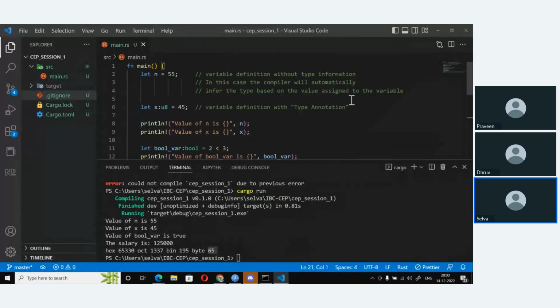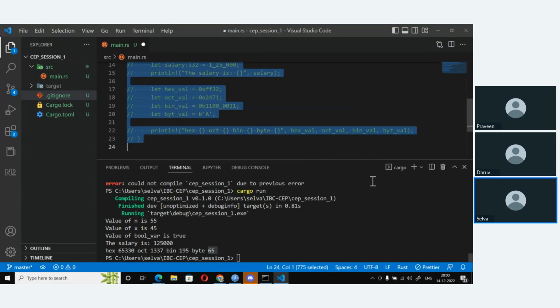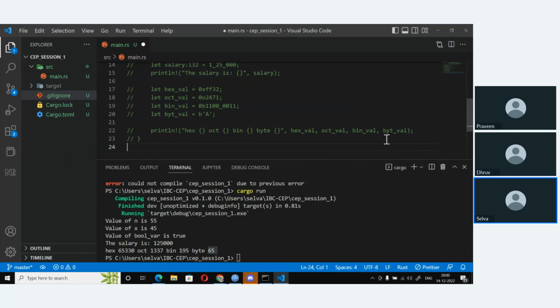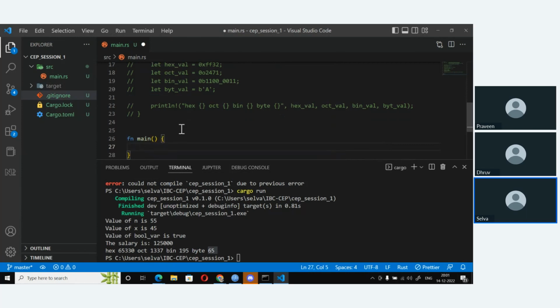I am going to select this entire thing and comment it out because I want to use only one main function. Or I could use the other way, which we will see tomorrow when we have multiple files. So today let's work with a single file itself. fn is the keyword to define a function. Main is just like your main function in C, C++, Java, and many other programming languages.